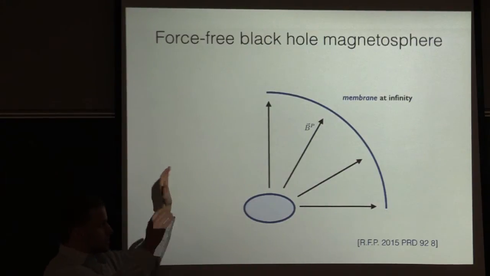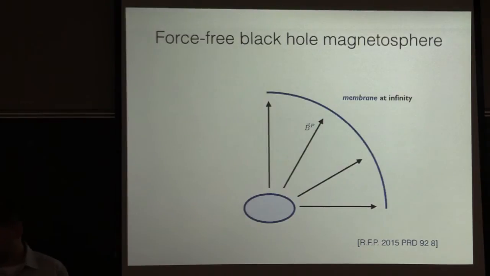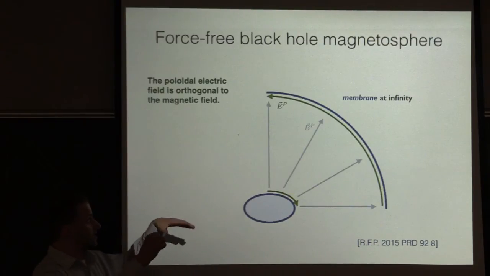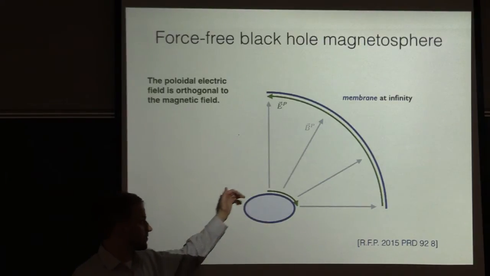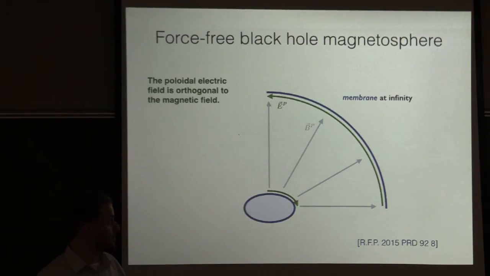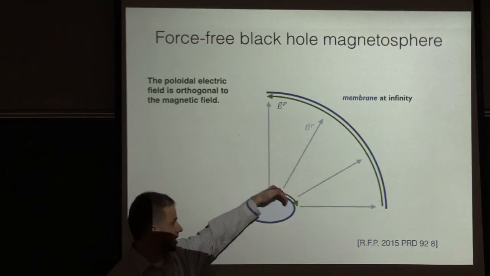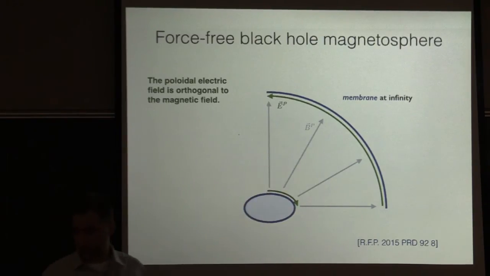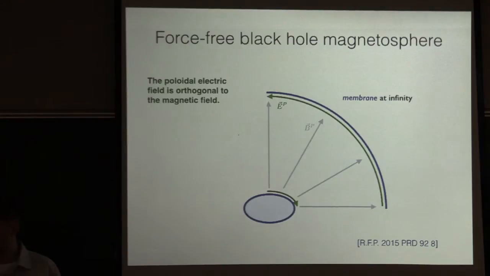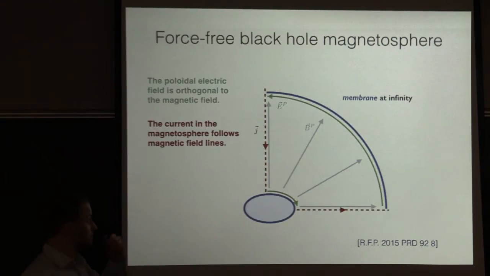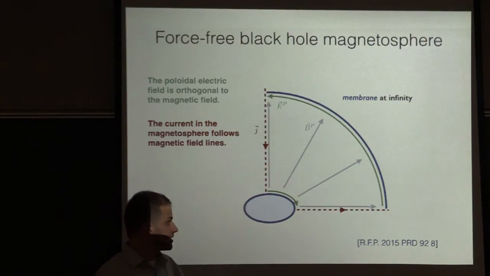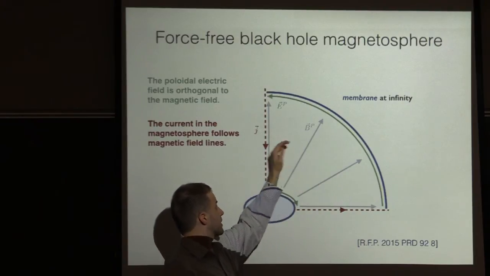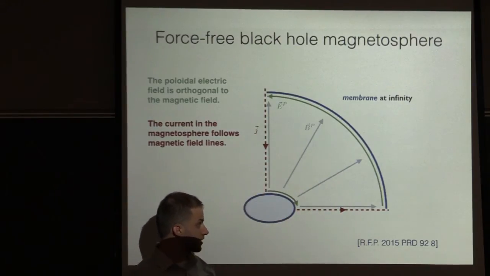Black hole magnetospheres also have electric fields. To a high approximation, they satisfy something called the force-free condition, which forces the electric field to be perpendicular to the magnetic field. So in this setup, the electric field lines would be doing this thing. So that's what the electric field would look like in the magnetosphere. In addition, these magnetospheres have currents flowing around. And the same force-free condition also forces currents to flow along magnetic field lines. So currents would be flowing along magnetic field lines. So this is what the currents would look like.